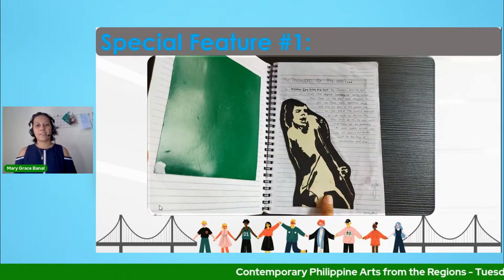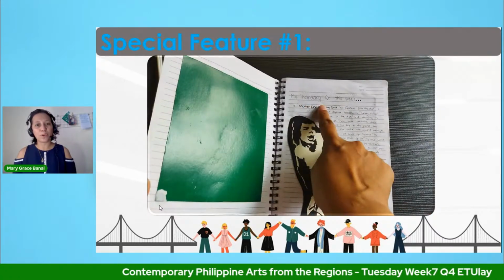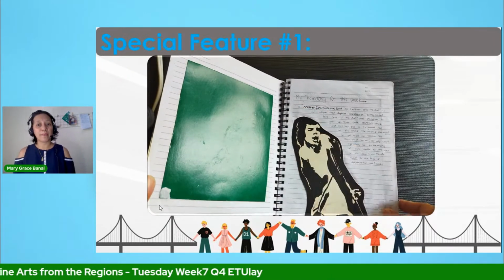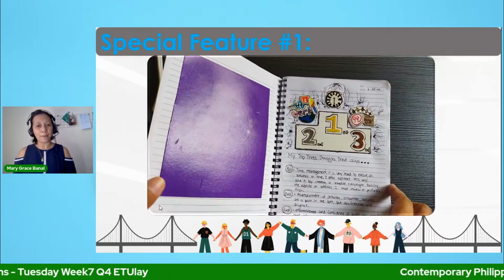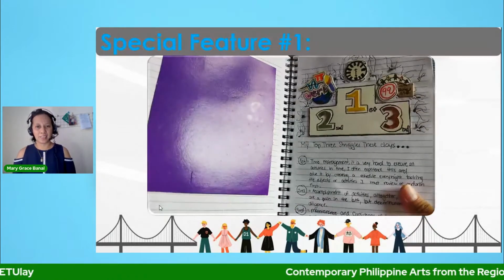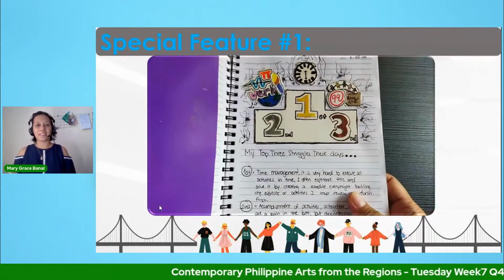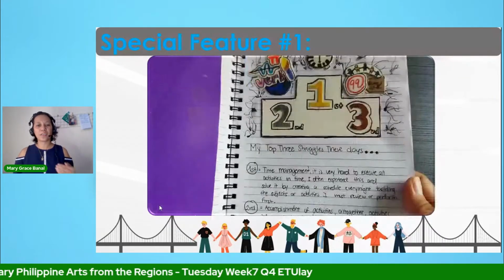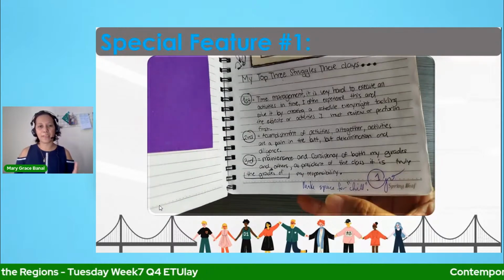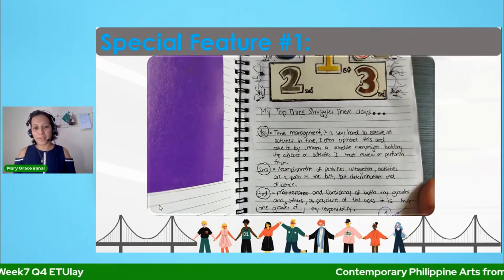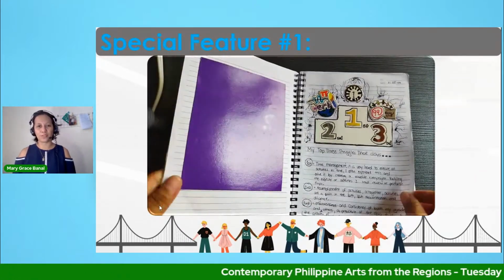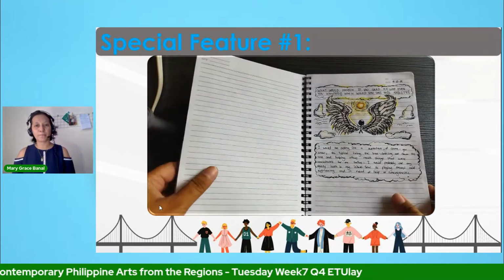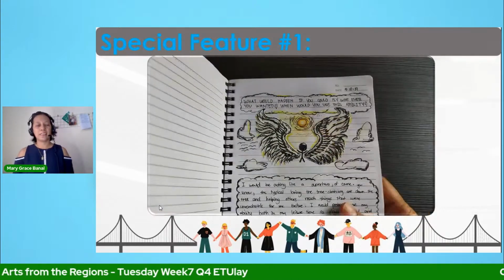Then you have here the prompt, my theme song for this week, and this is actually his interpretation of Another One Bites the Dust. Then my top 3 struggles these days. As you can see, he decorated this entry with several things that represent his top three struggles during those days. Those were time management, academic accomplishment, and maintenance and consistency of grades. So it's represented there. And mind you, he also used hard paper or cardboard paper to design his creative journal entries.